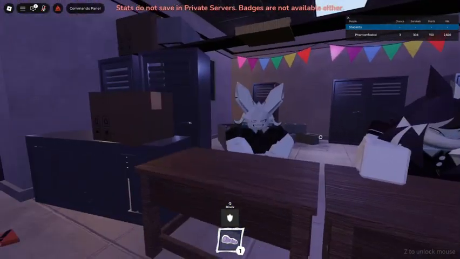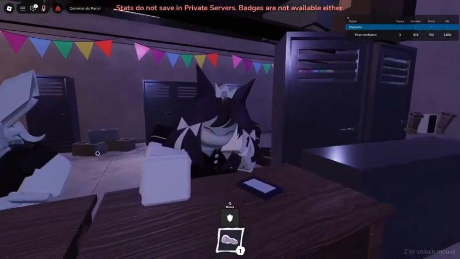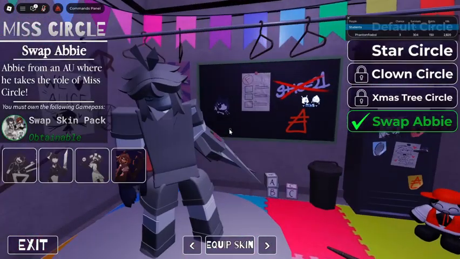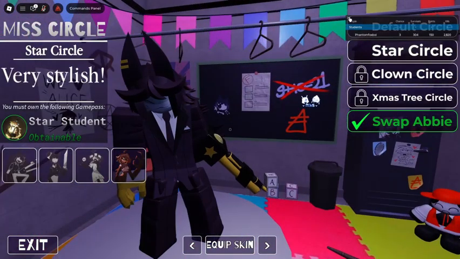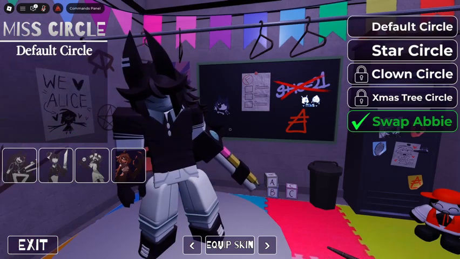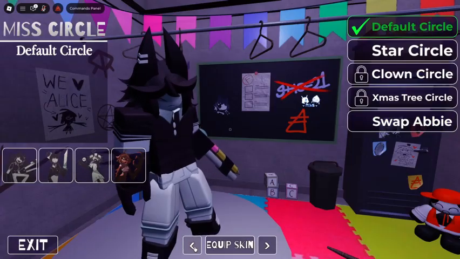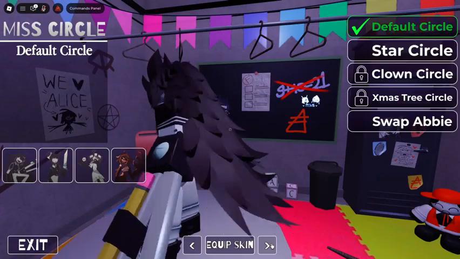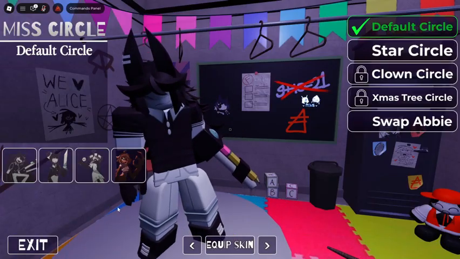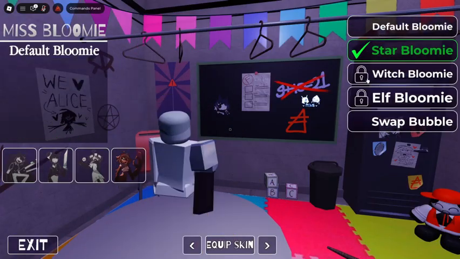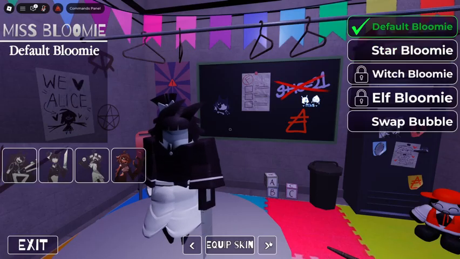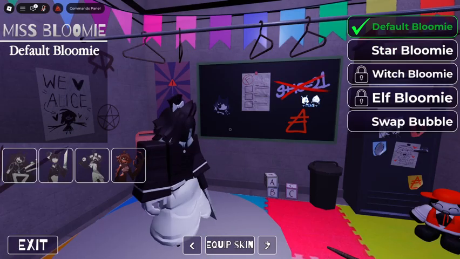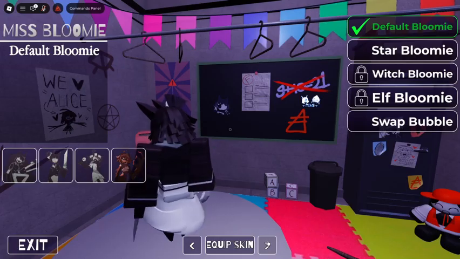But this is Lizzie and Petunia. And they are the shop owners of the skins. So as you can see, this is the default Miss Circle skin. This is what Miss Circle looks like with that menacing grin on her face. So this is Miss Circle. As you can see, there's Miss Circle. This is Miss Bloomy. I have a couple skins for this game because I played it before, but this is Miss Bloomy.